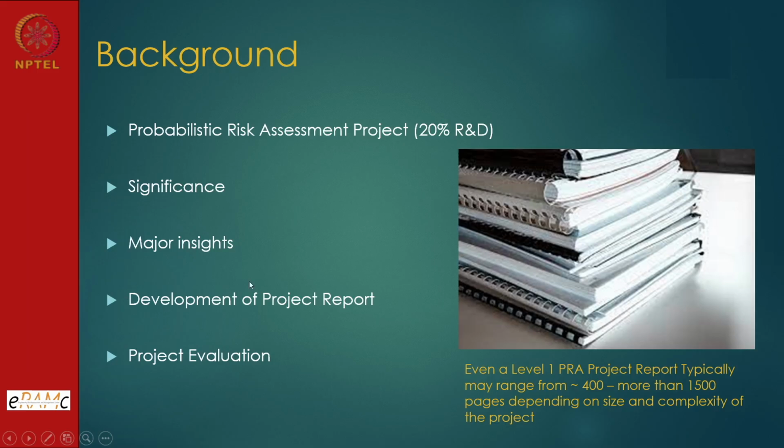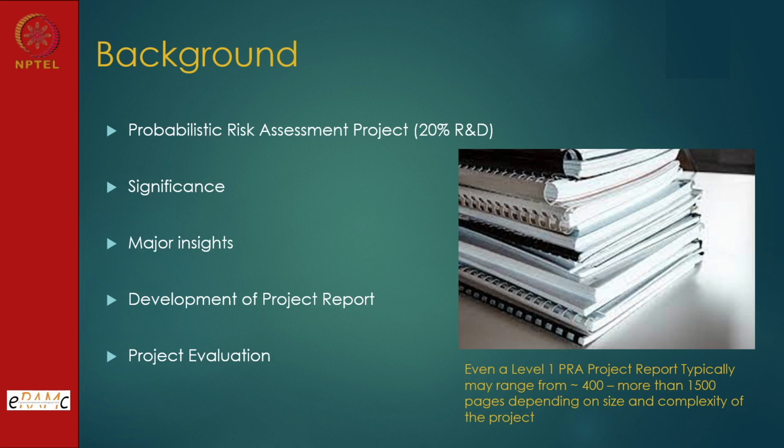I feel this is one of the best things that I did myself in my organization. When you develop a project report, it says what the project will do, what is required, what approvals are to be put up, and whether we should do it or not, because finally the organization's clearance is required. So a project report is a very good interface between the analyst or team and the organization, and then project evaluation occurs, regulatory clearances are there, and then you can initiate the project. But please assume that each PRA might take from 2 years to 4 years, 5 years.